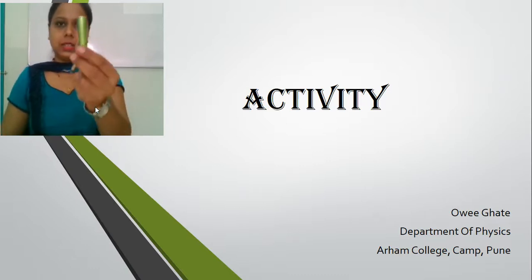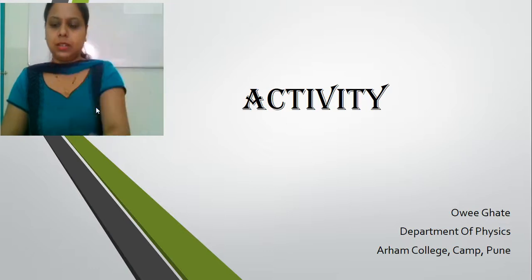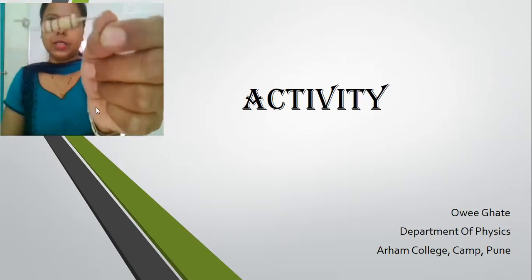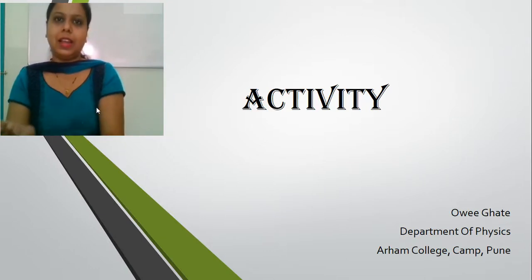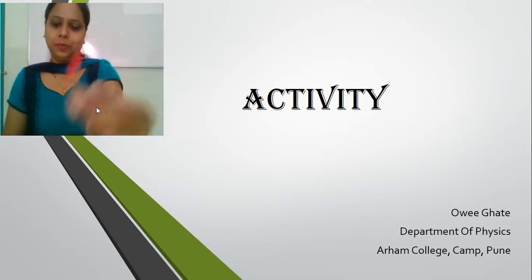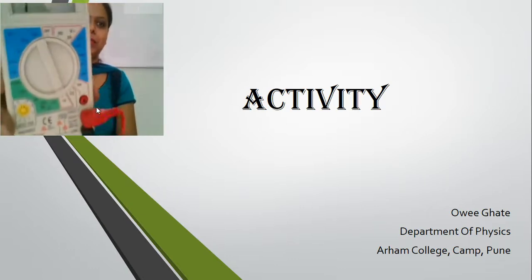Okay, these are some electronic components we have studied today: capacitor, transistor, resistor, then the dry cell, LED which glows. Okay. So these are some electronic components, means we have covered actually two activities simultaneously: use of multimeter and identification of electronic component. Okay, so this is the multimeter.